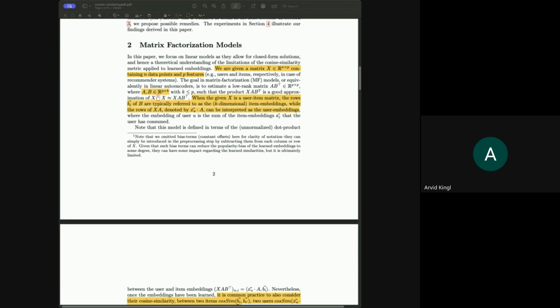I think you're not wrong at all. It's more the problem formulation as x proportional to x a b t that seems to favor the dimensionality of the items. Of course the problem in principle could be flipped around, and I could put my users on the columns of the matrix and have the items as the thing, because it's a sort of overlap problem, right? And I don't know for sure how much of that formulation actually favors one of the others, which makes this an inherently